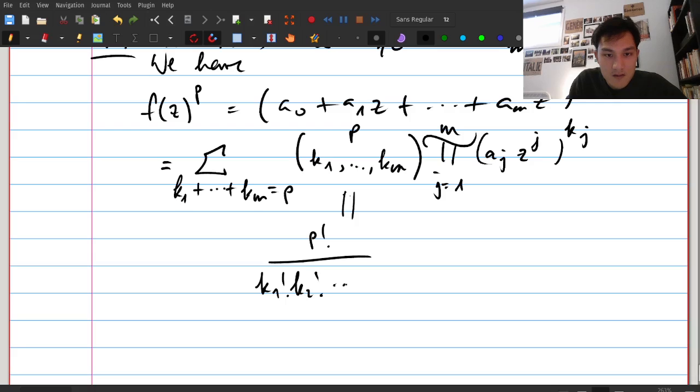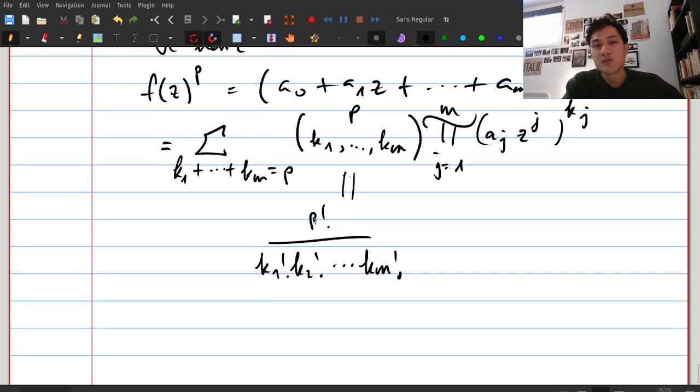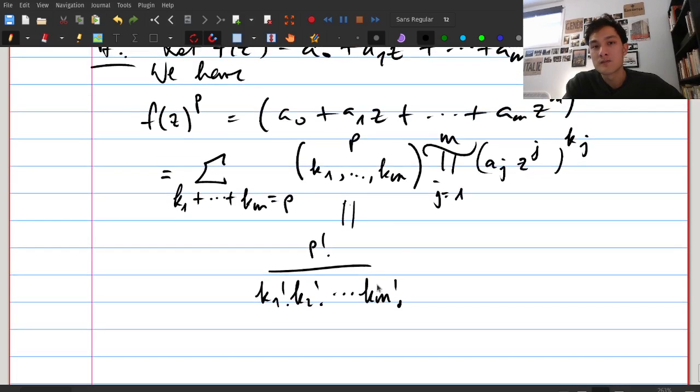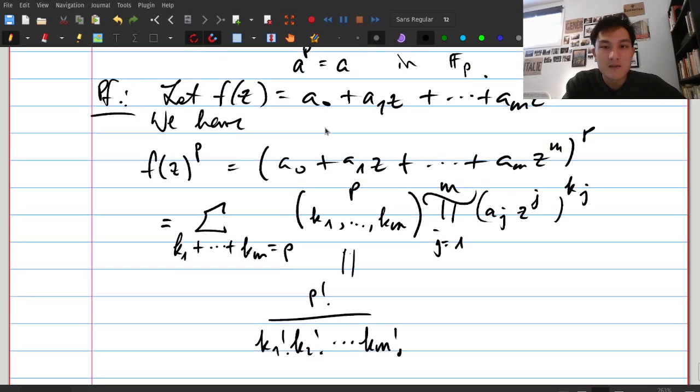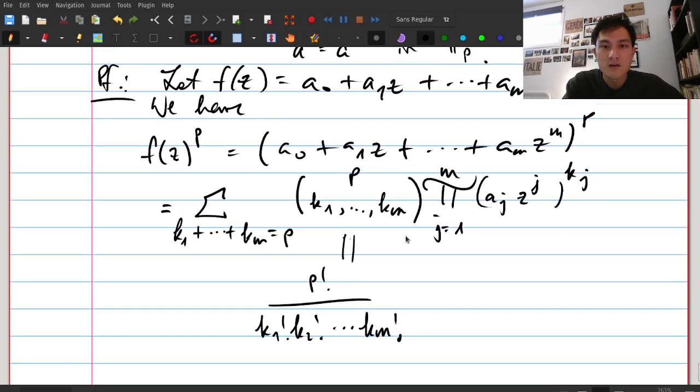K2 factorial all the way down to km factorial. It's the number of ways of splitting p things into boxes, of size k1, size k2, all the way up to size km. Okay, so we want p things, we want to pick. Honestly, I might have made a mistake here with the m. It might be 0 up to m. Have I actually made a mistake? Is that right? No, I don't think so, because we want,